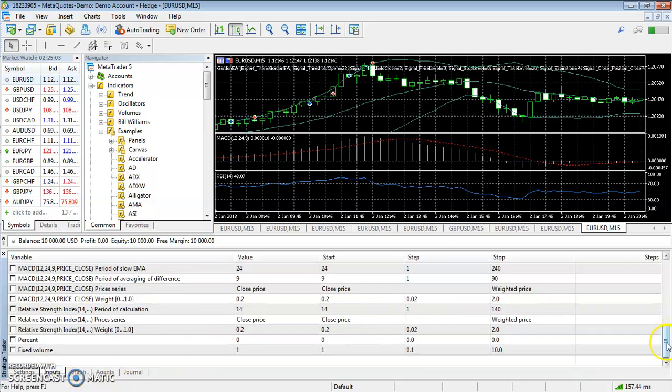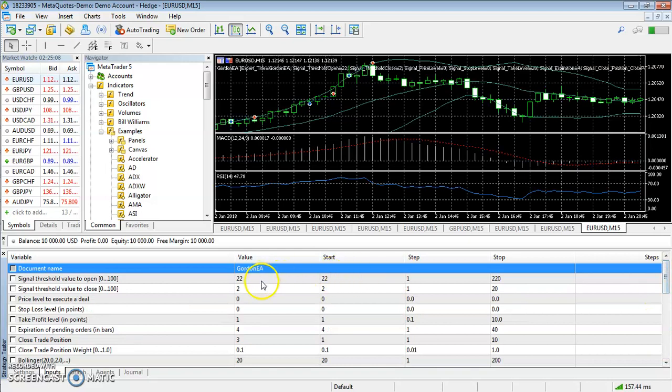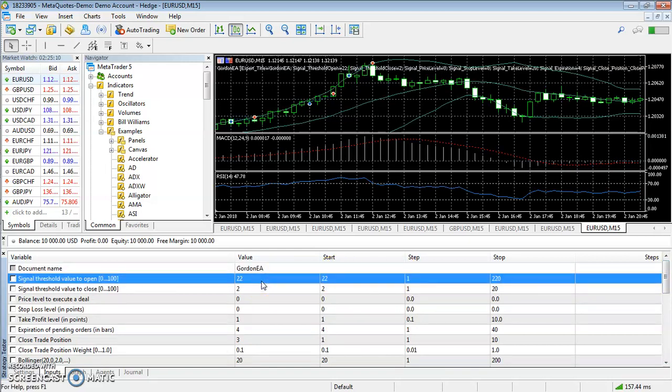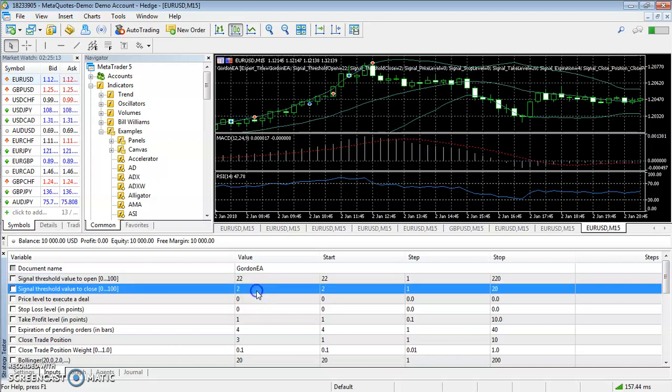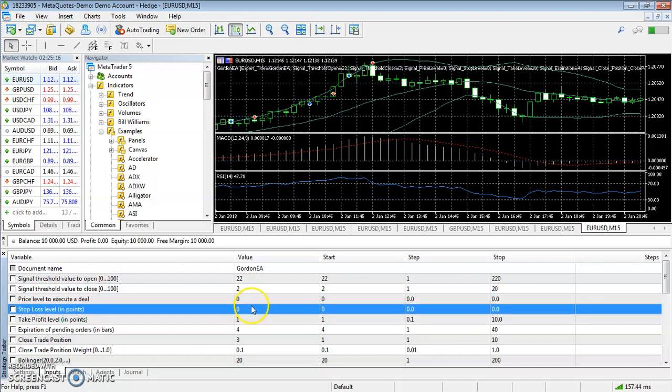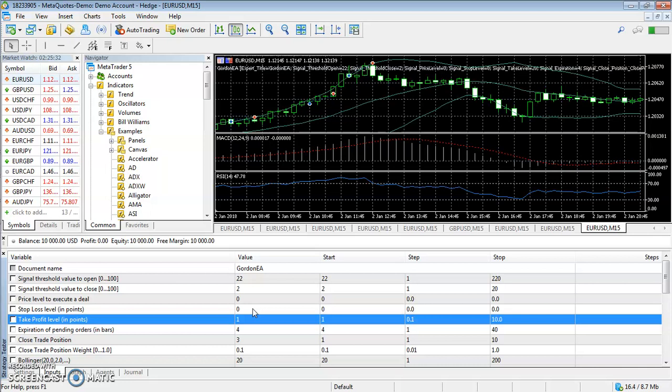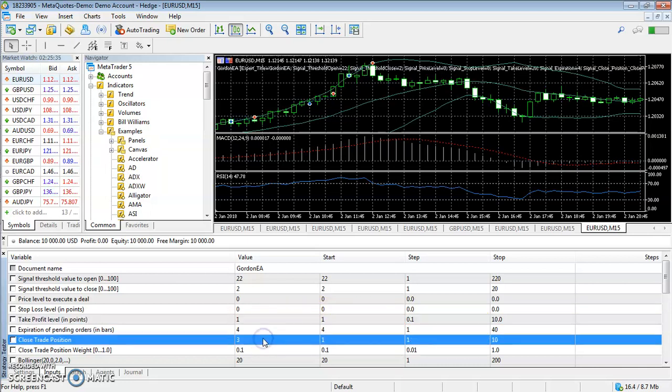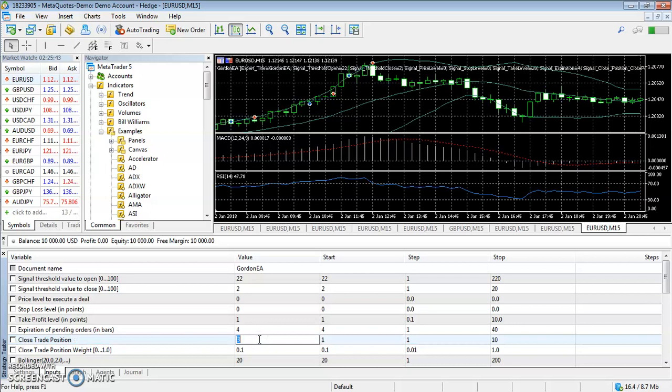Let's look at the parameters. The threshold for open should surpass 22, and the threshold to close should surpass 2. The stop loss level is set to 0 because I've set that to be within a time limit, the time level instead, that I've set up as a separate trading signal. The take profit is 1 pip, and this is the stop loss time level that I've set up as a separate trading signal. 3 meaning 45 minutes, or